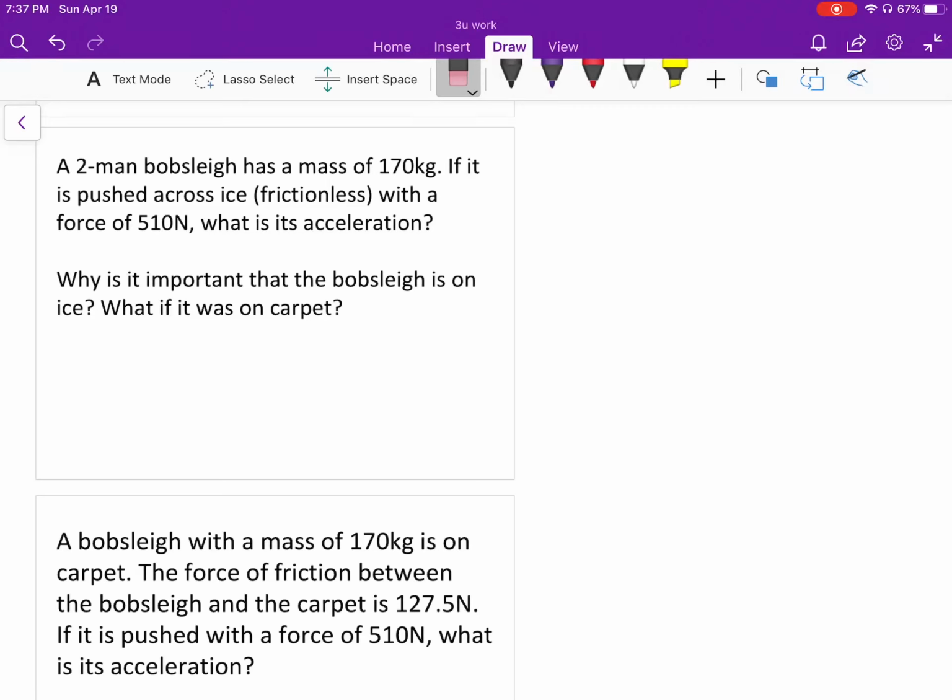All right, we're going to do a couple more. They're going to get a little bit harder as we go. Our first bobsleigh question here. What I'd like you to start doing as we get into questions that are a little bit trickier is draw